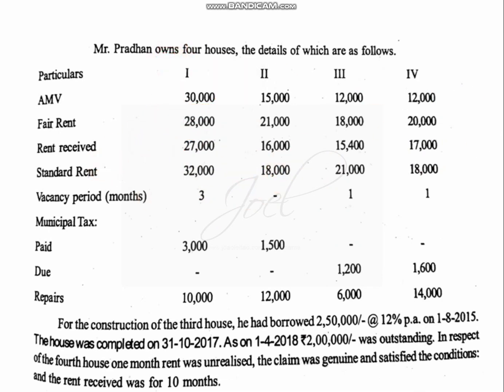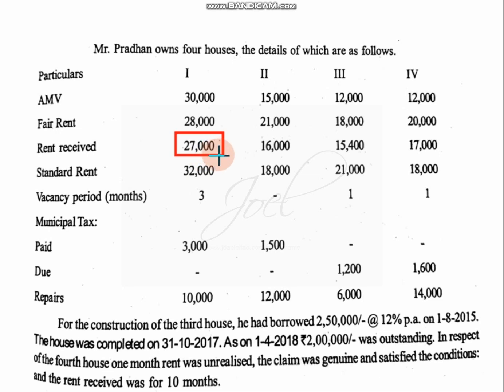So you have to be careful here, you have to be clear here, it is 27,000 because of vacancy period. I will get this particular difference. Because of the vacancy period I am receiving 27,000, otherwise I would have received 36,000. So that is why whatever rent received is there, that itself is my gross annual value. About this I have told you at the time of explaining the theory.